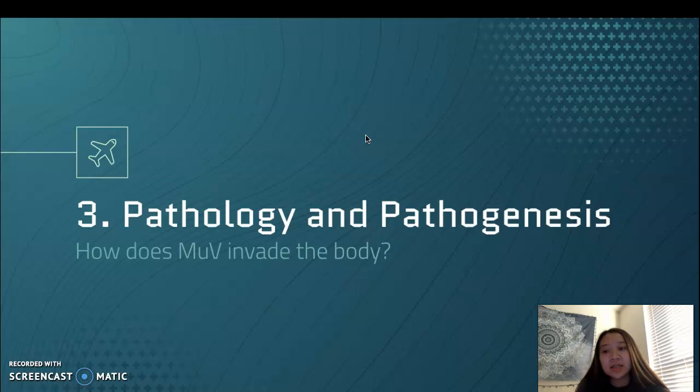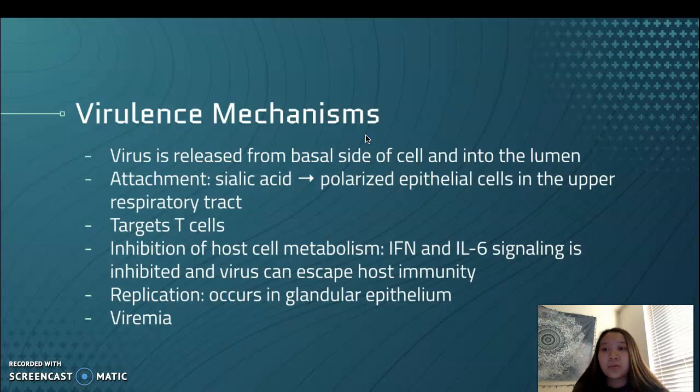Our knowledge is limited because it's rarely fatal in humans, and so we don't have the autopsy results that allow further understanding of how pathogenesis of mumps occurs in humans. So it's still a gray area right there, but what we do know is that the virus